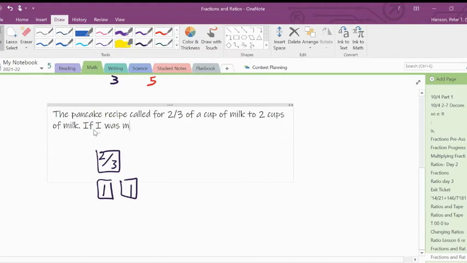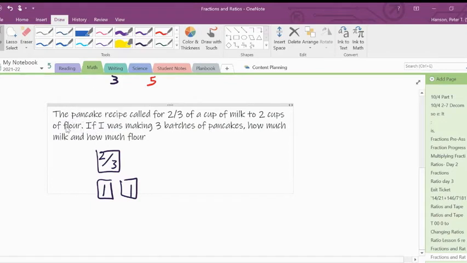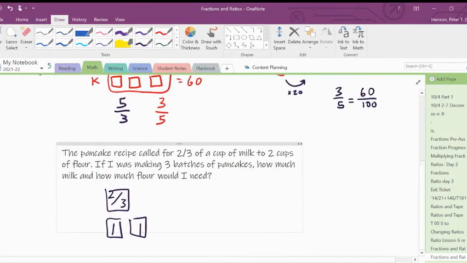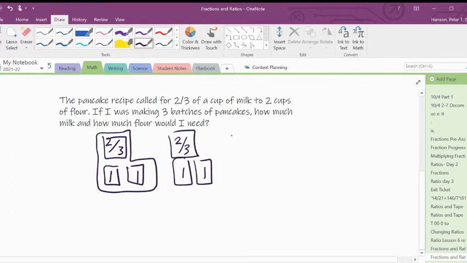If I was making 3 batches of pancakes, how much milk and how much flour? I should say flour over here, sorry, not milk. Flour, what I need. This here is one batch. If I think about this in this context, this is one batch here. So if I now had to do a second batch here, 2/3, 1 and 1, okay, and then 2/3,